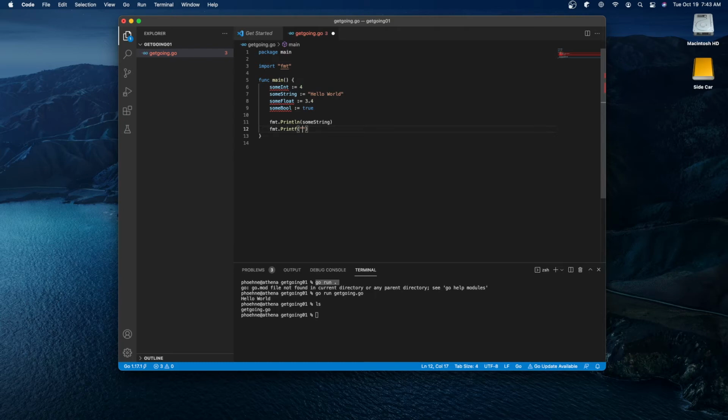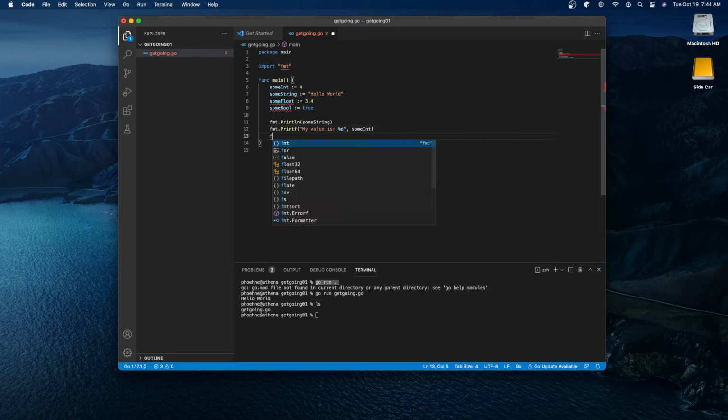Printf takes a format string, which describes how we want to print the value, and then a variable to substitute in the format string. So in this case, I want to print sumInt. And in the format string, we're going to say %d for an integer. So it's going to put that sumInt into where %d is as substitution. We can include other stuff in there, like my value is,